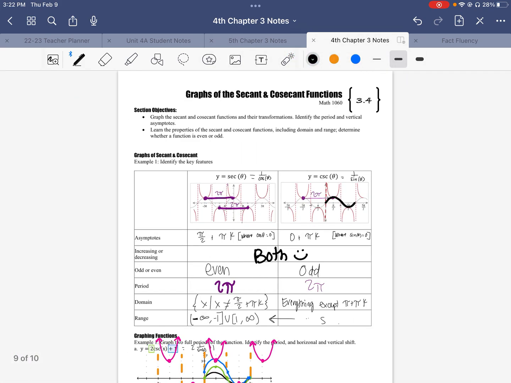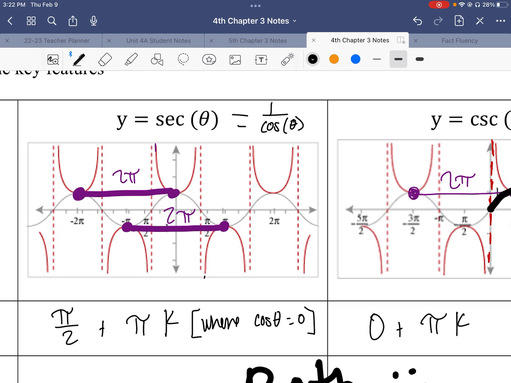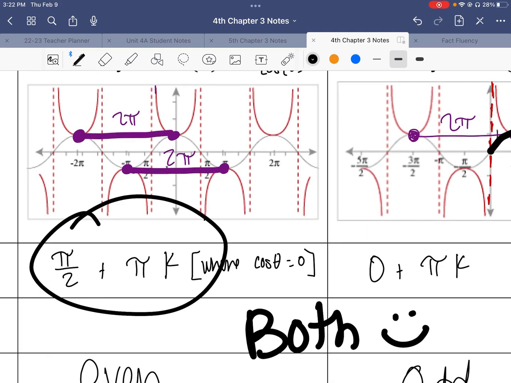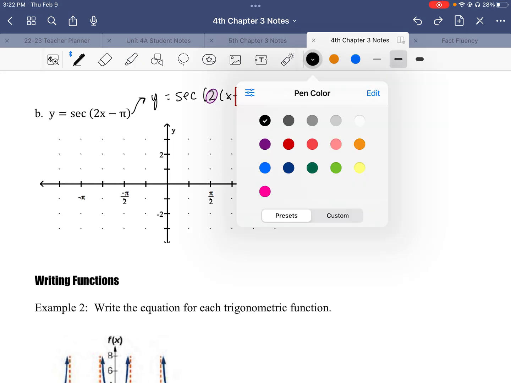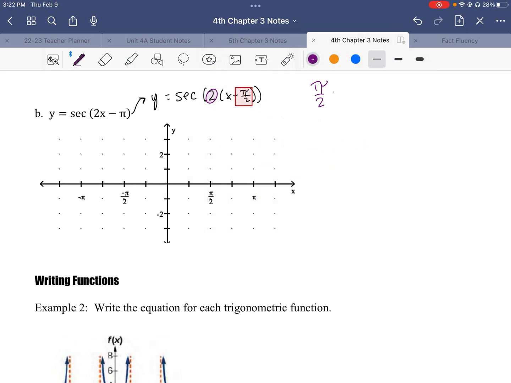So secant has asymptotes right here and here, etc., at pi halves plus pi k. But again, we have adjusted this by 2, so we would actually take all of this and divide by 2, so this would be pi fourths plus pi halves k,